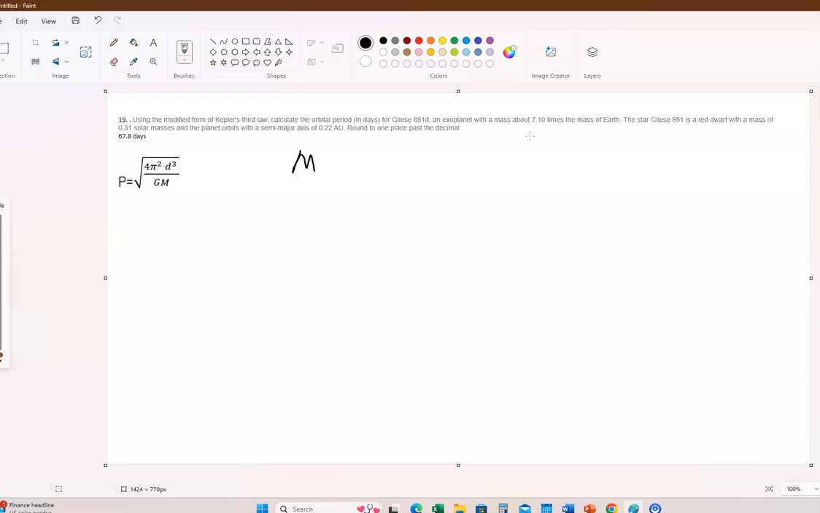So let's write that down. The mass of this star is 31% the mass of the Sun. It turns out that the mass of our Sun is 2 times 10 to the 30th kilograms. So if I multiply this times 2 times 10 to the 30th kilograms, that will be the mass of this star, which we're going to use in the